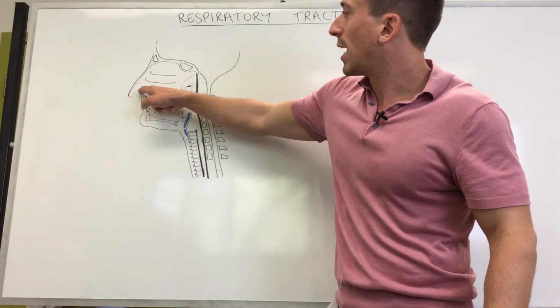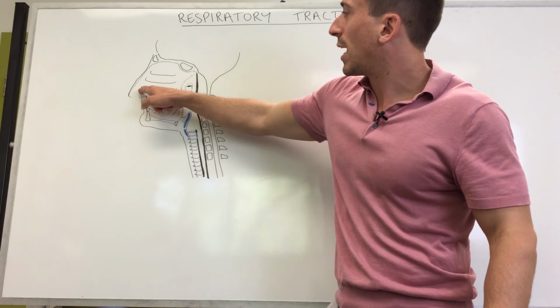So nasopharynx, oropharynx, and laryngopharynx. So nasopharynx is basically the back of the throat at the nose, oropharynx is the back of the throat at the mouth, and laryngopharynx at the back of where the larynx is, basically our voice box. And we'll do a whole lecture talking about the voice box and creating sound and phonation and so forth. So these are all different parts of the pharynx, which is just basically this muscular conduction system moving all the